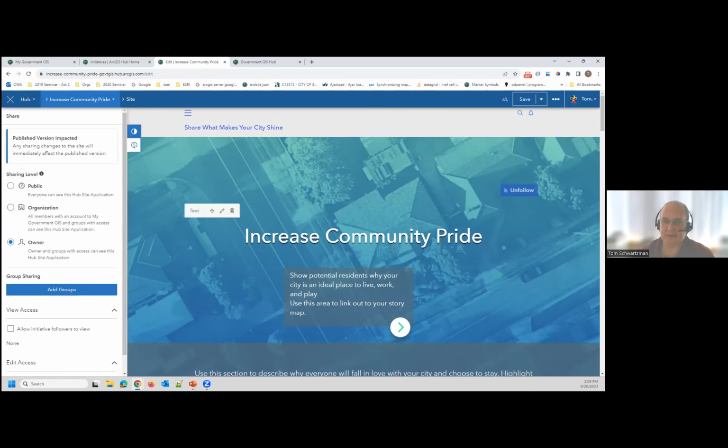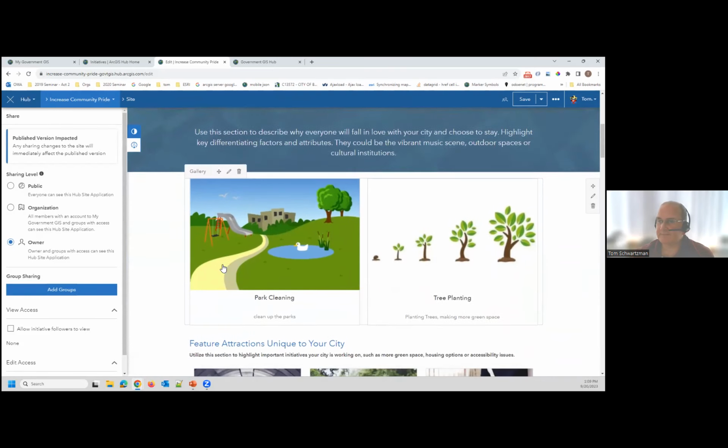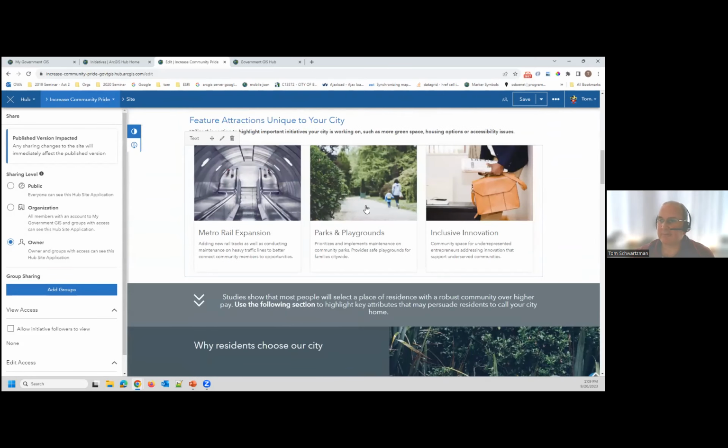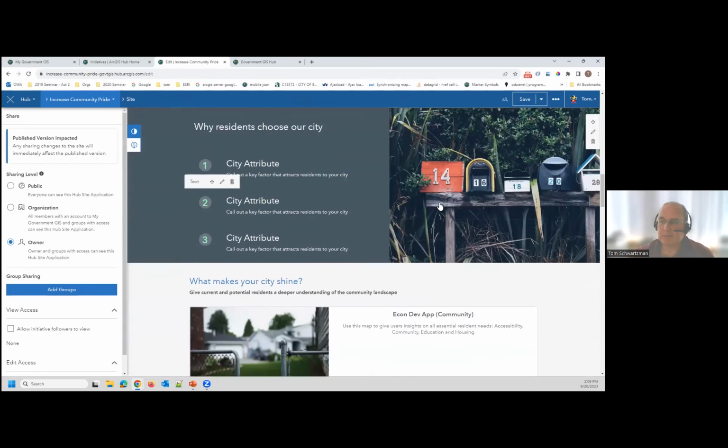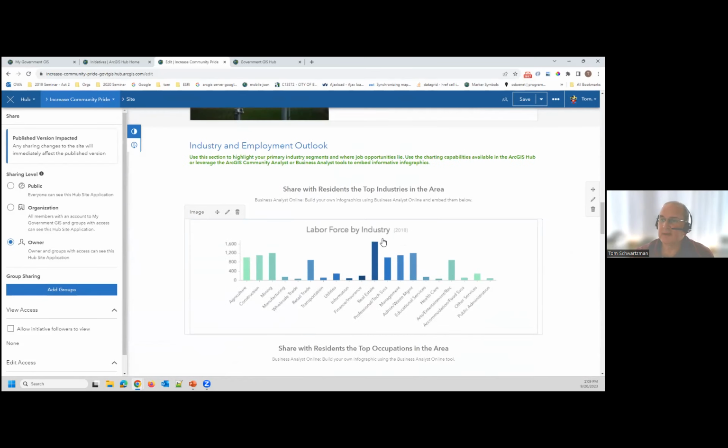And I mentioned in the chat, and Erica mentioned it as well, that if you put things in this site, whether it's an app or a map or other things like that, that are not shared publicly, when a public user comes and the page is obviously public, that part of it will just not show up for them. It won't put an error in there and say you do not have privileges to see that.